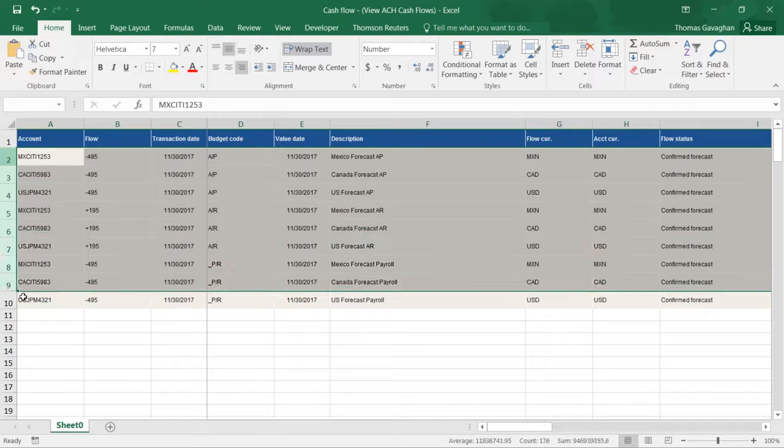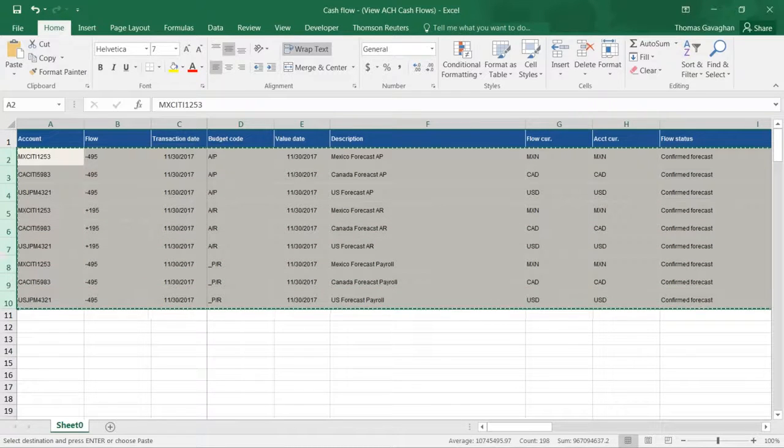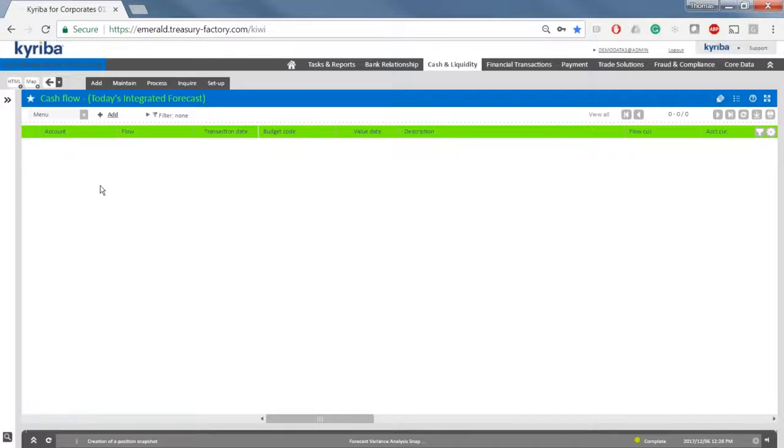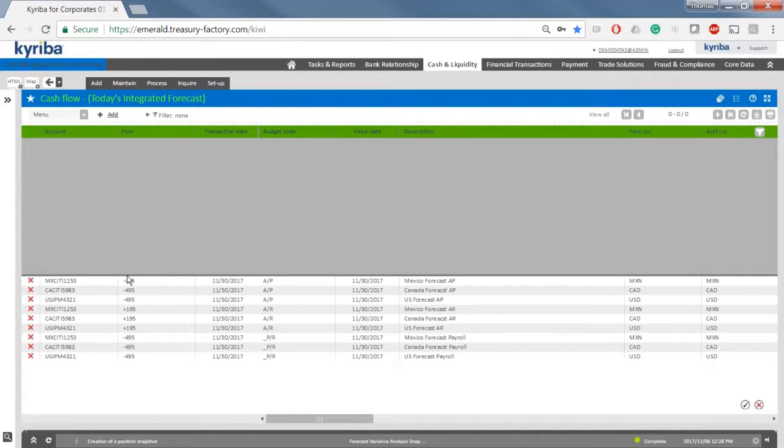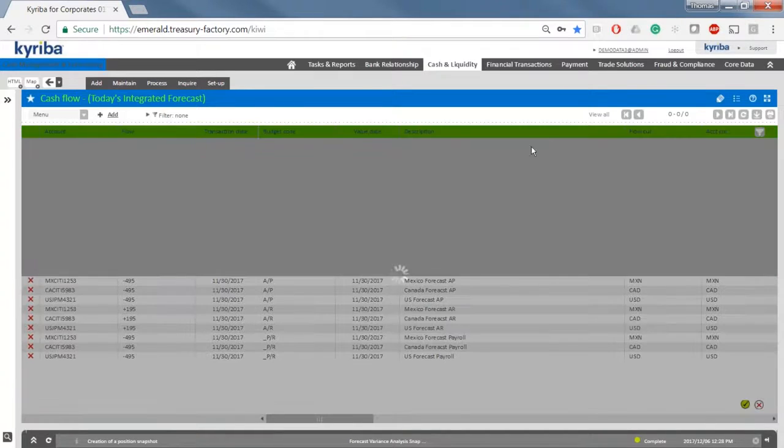What I'm going to do is, if you take the information from Excel, you can do a Control-C, which would let you copy. And if you come back into your worksheet, into your cash position worksheet, when you're drilled down into the cash flows themselves, if you do a Control-V, we'll actually add those transactions that way. So rather than upload the file, you can use the maybe more intuitive way of just copying data, pasting it into here, and then by clicking the check mark,